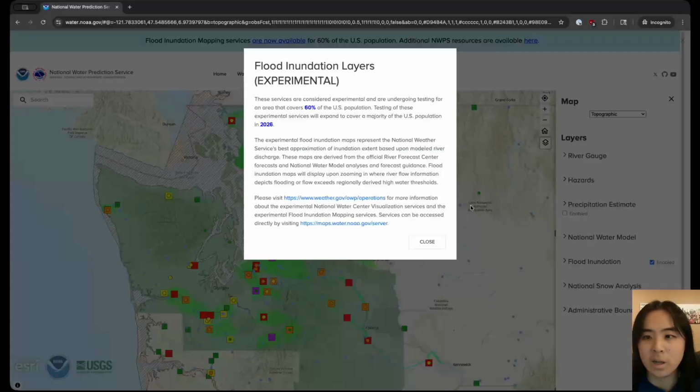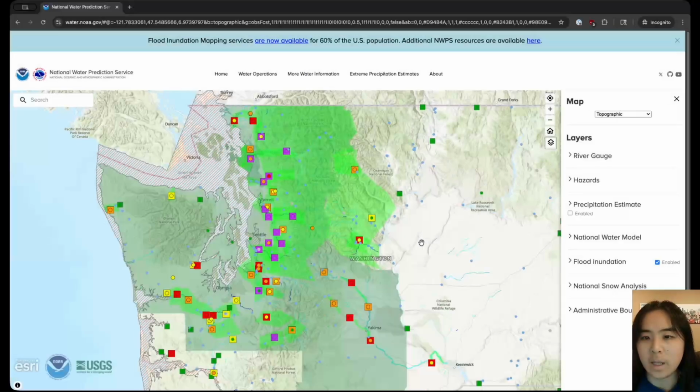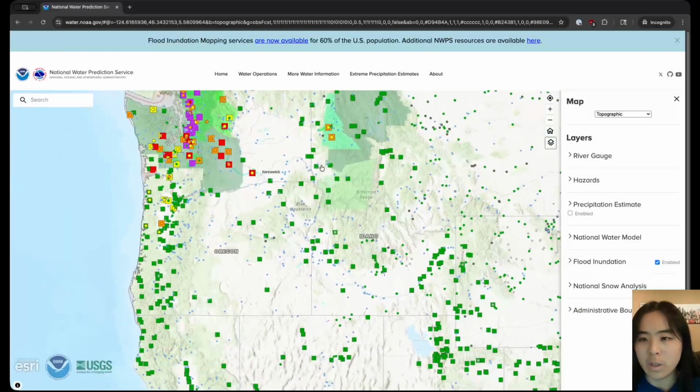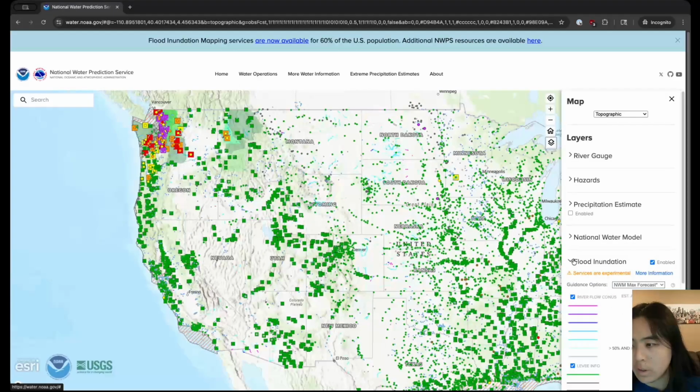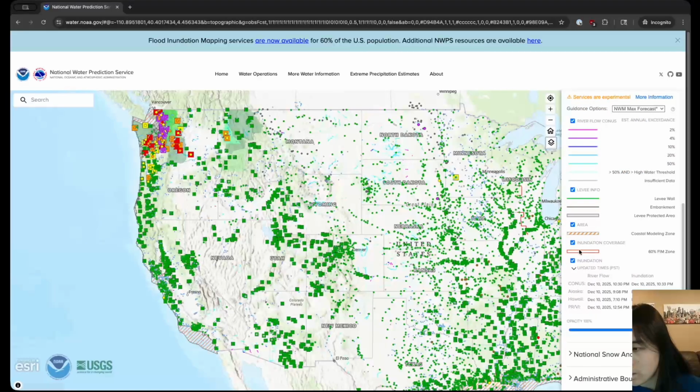It requires a lot of amazing advances in hydrological science and also data delivery to be able to show this to you guys. And you really can only get this kind of information for, they're saying, 60% of the US population. So if you look at this,